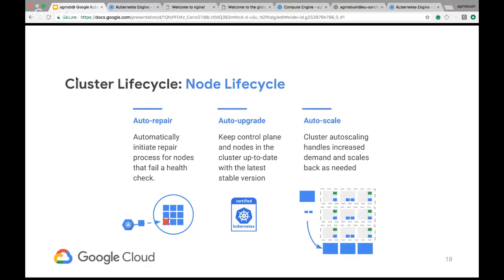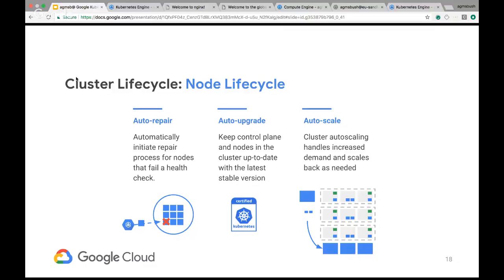And then auto scaling. Cluster auto scaling is a Kubernetes-wide feature. This is something that is just a checkbox or a flag in the command line tool to enable at a max and min. Then your Kubernetes cluster will be able to scale as pods are failing to be scheduled because all of the allocatable resources in the cluster are taken up. You'll see new nodes added. So you can very easily implement this, whereas figuring out how to implement it when rolling your own Kubernetes cluster may be a little more difficult.